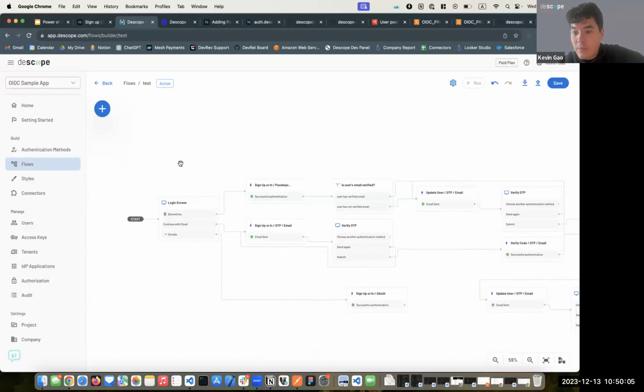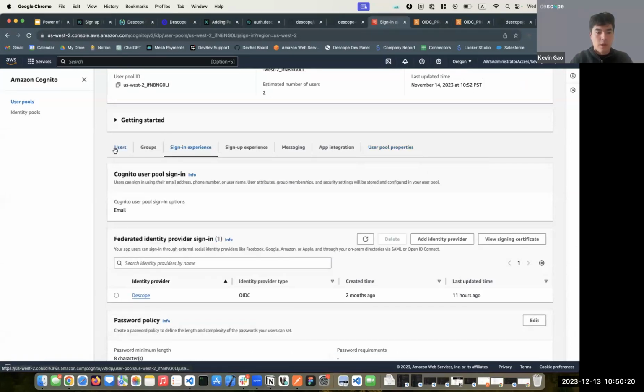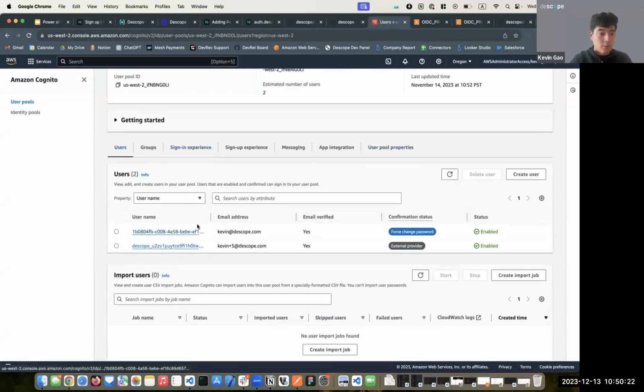Can you share more details about how this will integrate with AWS API Gateway and AppSync? So great question. This is something that comes up a ton when we talk about Cognito and Descope federated authentication. Again, this is what I was trying to elaborate on: when you sign in, you are signing in with your Cognito user. So if you already have API Gateway and AppSync configured for that specific customer,